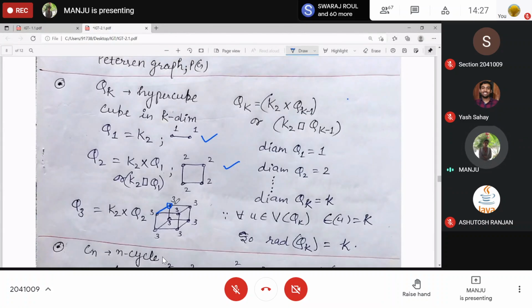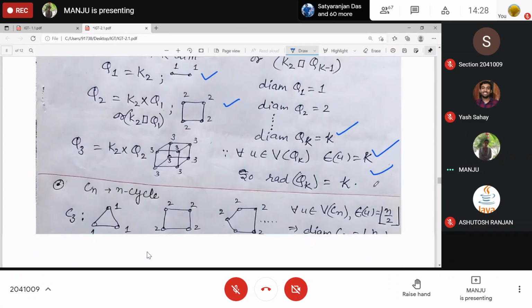distance from this to these neighboring points will be 1, and this point and this point, this is 2, and this point to this point, this is 3. That is the diagonal distance, so let me again draw it, that will come as 3. So this to this, or this to this, this is coming as 3, and every point is symmetric in itself, right? That's why every eccentricity is 3. In k cube, the eccentricity of all the vertices is k. That's why diameter is k, radius is k. Understood?